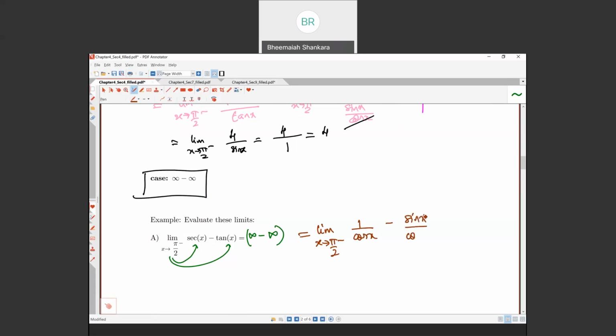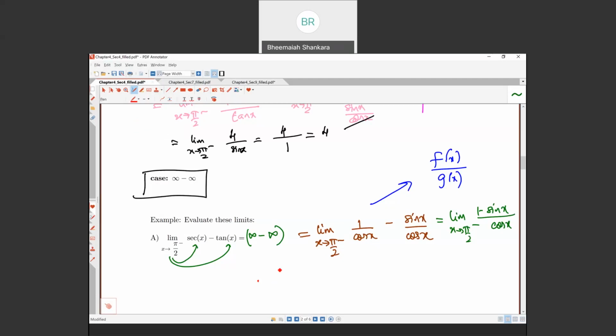If you want to apply the L'Hopital's rule, you have to understand that the function here should be of the form f of x divided by g of x. It can be as messy as possible, but every term in the numerator is f of x and all the terms in the denominator are g of x. But the format here, 1 over cosine minus sine over cosine, is still not in the format f over g. So I want you to combine the two fractions and rewrite limit x approaching pi over 2 minus as 1 minus sine x divided by cosine x. All you're doing is a common denominator, which is cosine x, and you want to subtract the fractions.